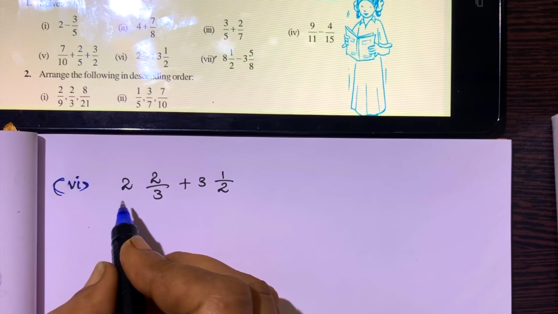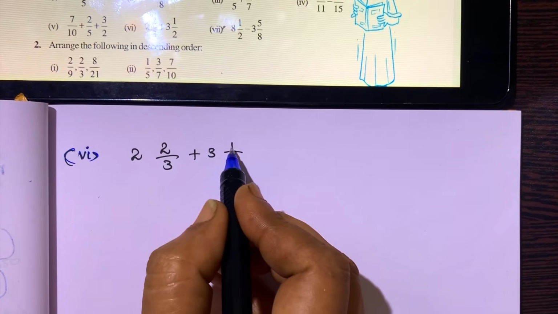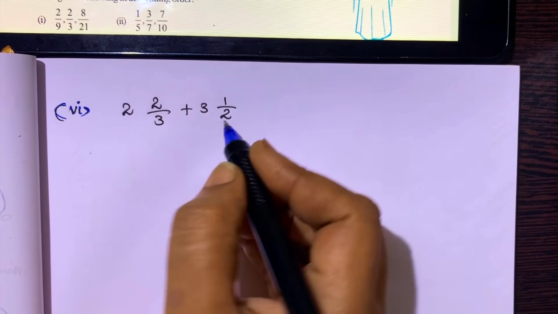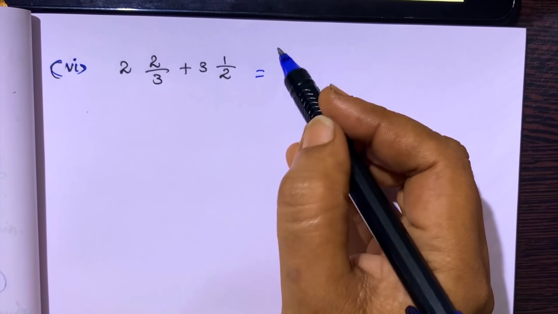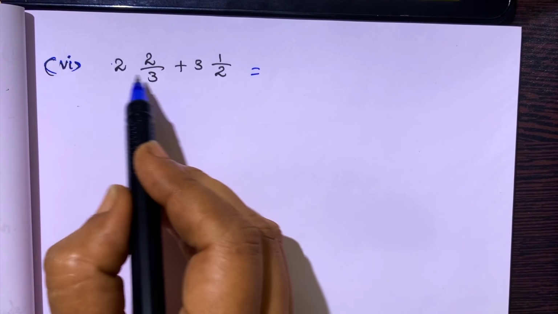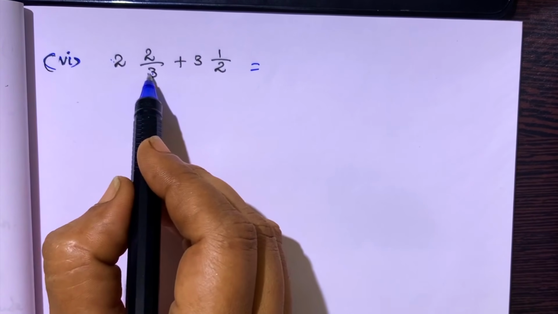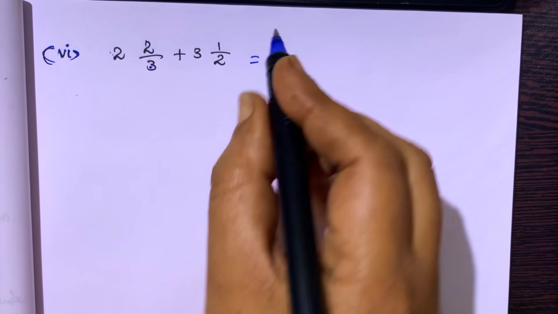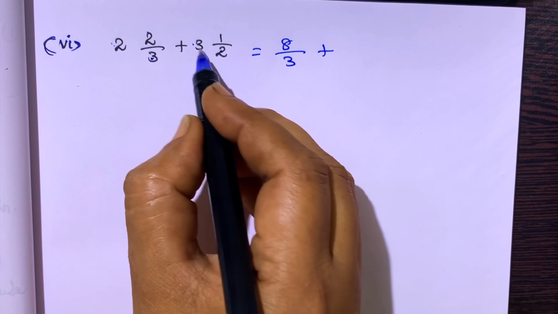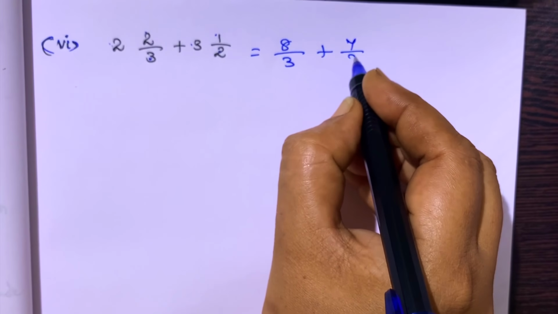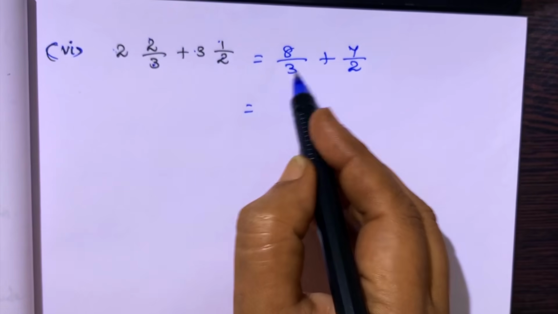Now sixth sum, 2 2 by 3 plus 3 1 by 2. Both are mixed fractions. If it is a mixed fraction, we have to convert it into an improper fraction. You know very well: 2 into 3, 2 3s are 6, plus 2, so 8 by 3, plus 2 2s are 4 plus 1, 7 by 2, is equal to